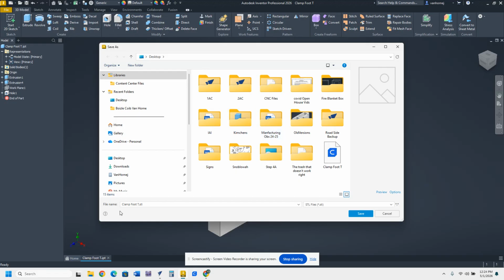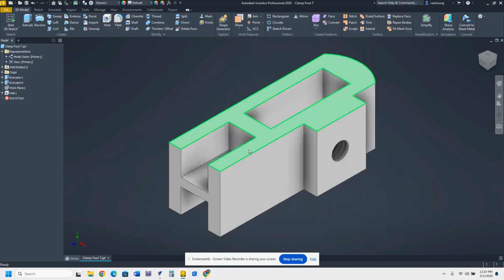Now this STL file needs to save in your network drive also. So that's where you're going to go with that. Okay, mine just says to replace it. Yours won't say that unless you're saving it again. So once you've exported it as an STL file and saved it as an IPT so that you can edit it if you need to,